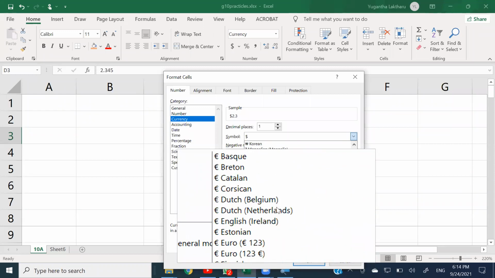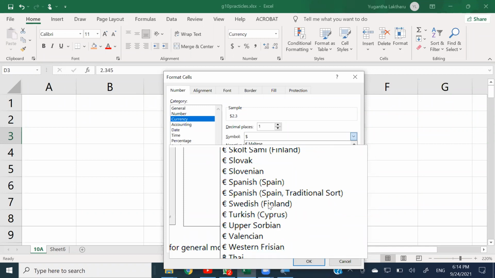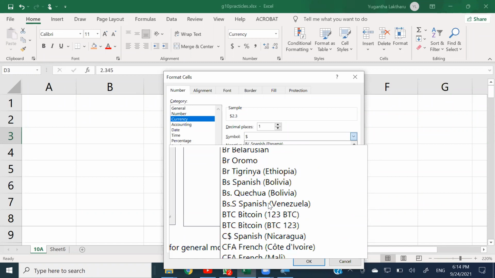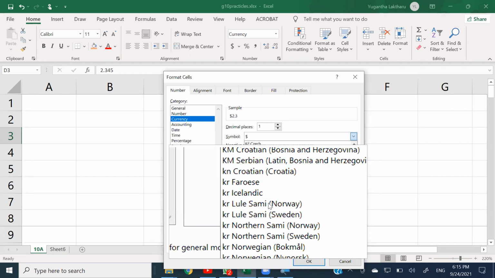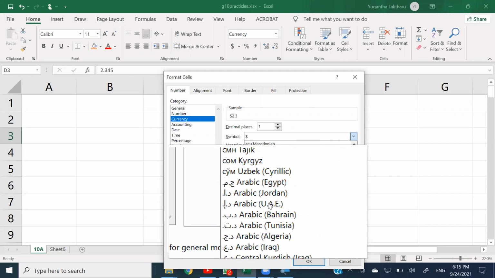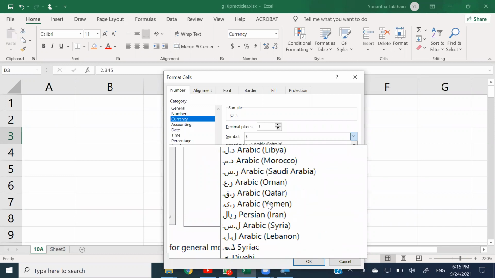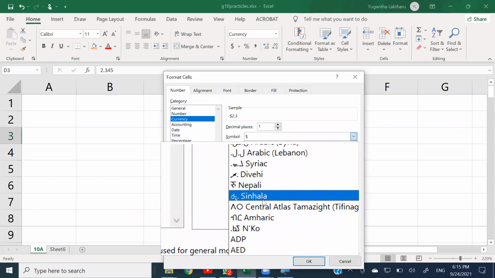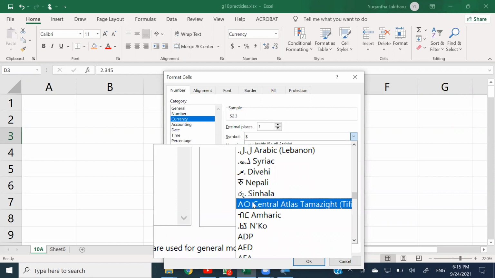Right now, in case we want to find the rupees, what I mentioned in Sinhala, we have to scroll a little further and find where the rupee is. Here is the rupee, right? So if I choose this,